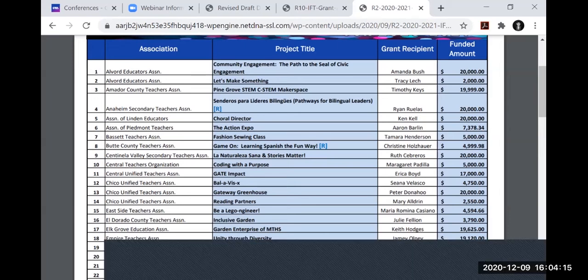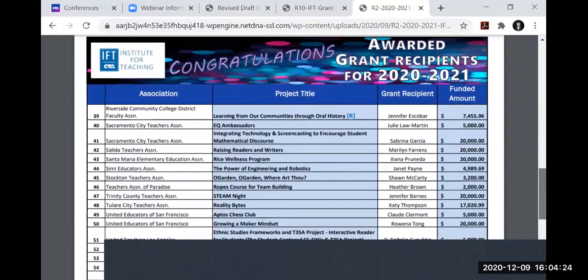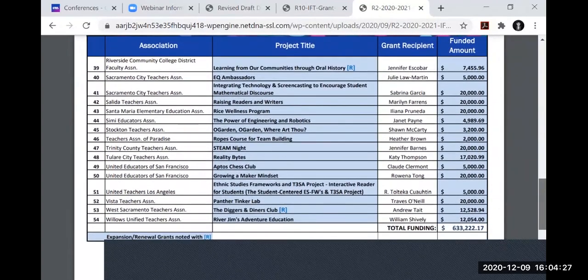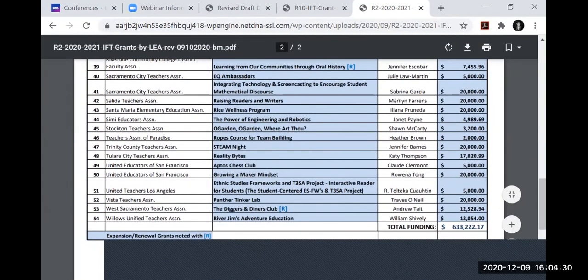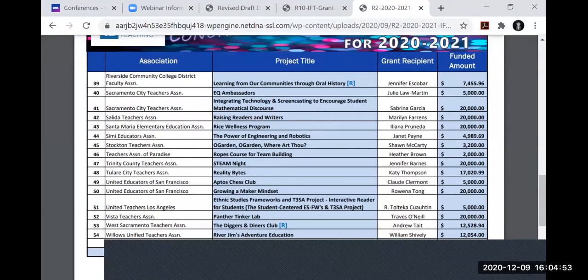And when I go through the actual process, you'll be able to see a little bit more about that. But just kind of go through that. That gives you an idea of some of the really great ideas that some of our members have had. The Digger and Diner Club. If you see an R listed next to that, what that means is that those particular grants were funded for another consecutive year, meaning that they might have started with one grant, and because they were able to grow or expand their program, they were able to apply for a second year of funding. And again, it's competitive, so you're not guaranteed that you're going to get that second year of funding,